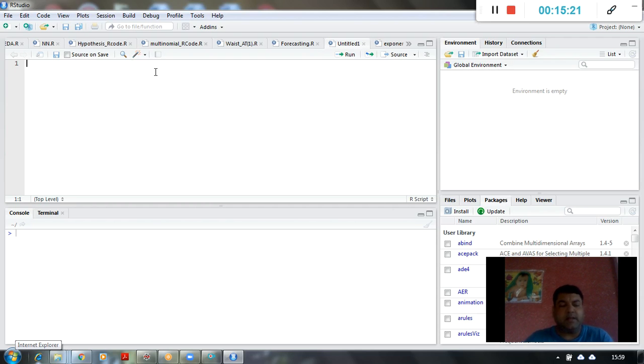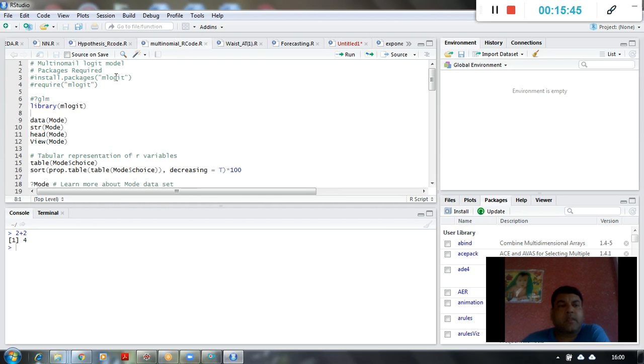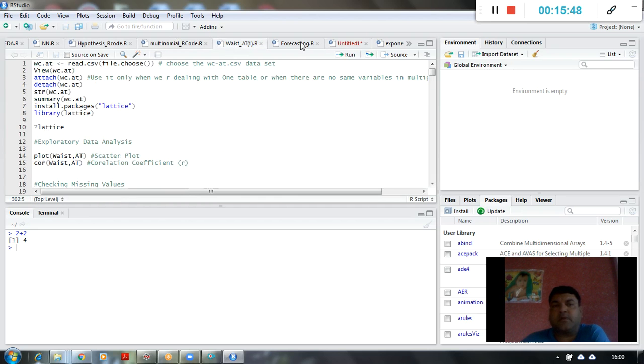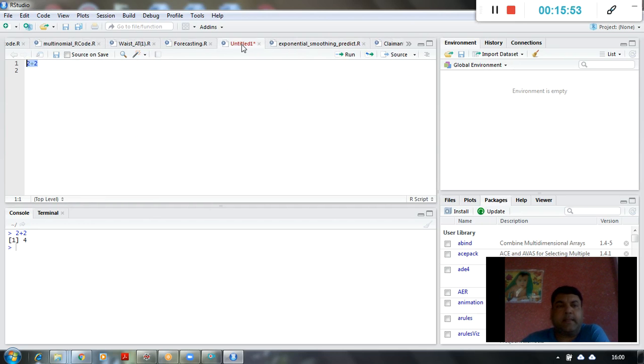Now I will simply run something like a calculator. If you see, it is functioning, right? So I'm getting output over here. This is the function I have executed, and this tab is an untitled tab, so it is a new script window. Okay, so similarly we are going to write such code to solve our business problems, to execute the functions, functionalities, etc. Right? So that is how R and RStudio work.